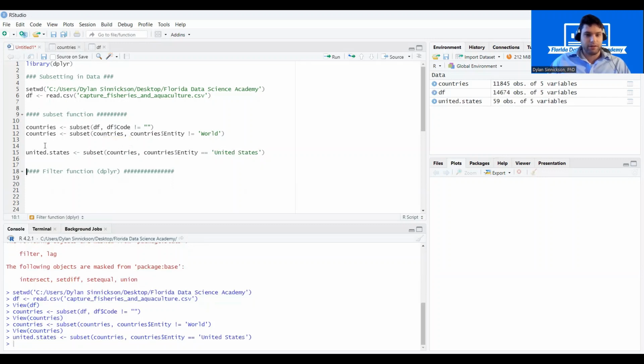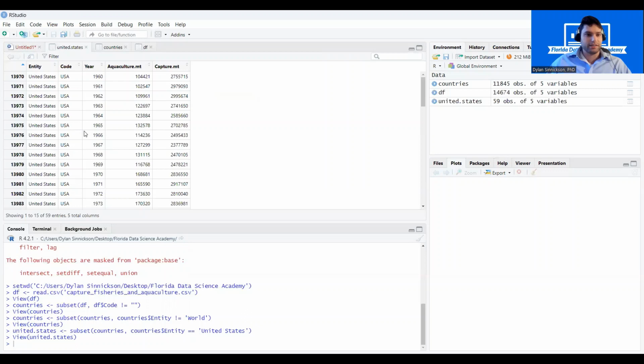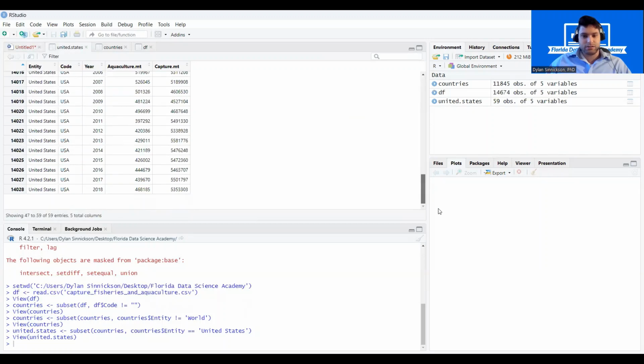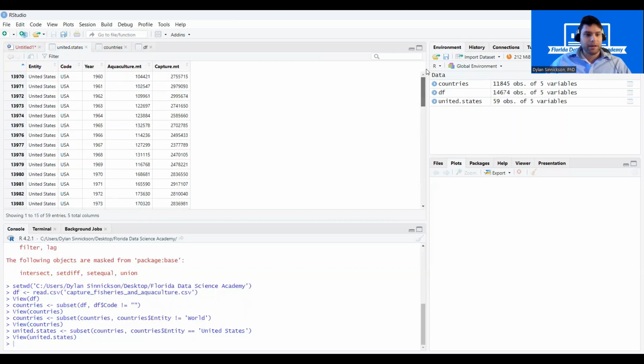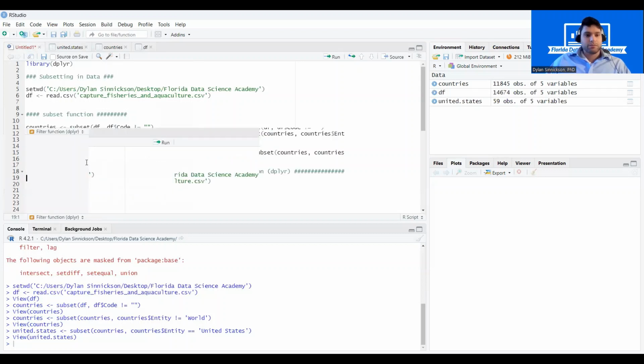And then if we run line 15 and we open up this new object called United States, it looks like we have 59 different observations with 5 variables. And we have all of the fisheries landings for the United States from 1960 to 2018. That's the entire range of our data set, I believe. So that looks great, we've successfully created this object called the United States. So that's some good basic